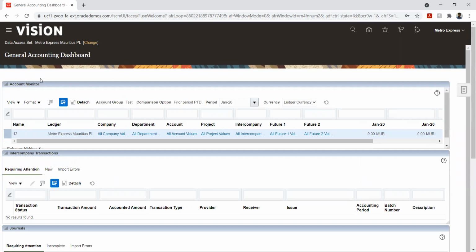Okay, the next option that we have is the account monitor. Account monitor will give a track of a particular account. The difference between account inspector and account monitor is that account inspector is like a refreshing page, wherein if I give any set of parameters, it gives me the balances.